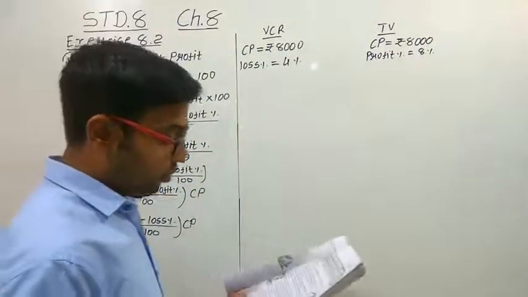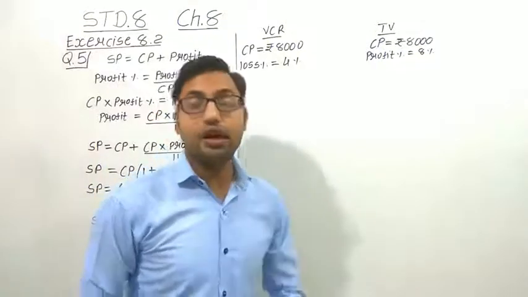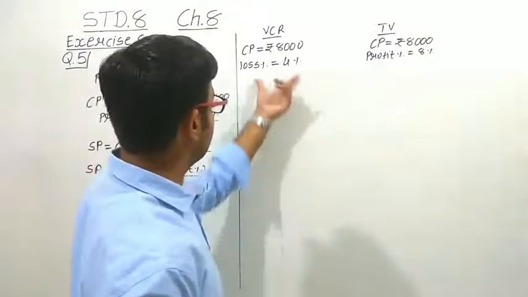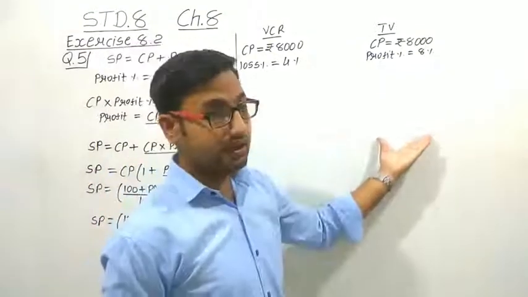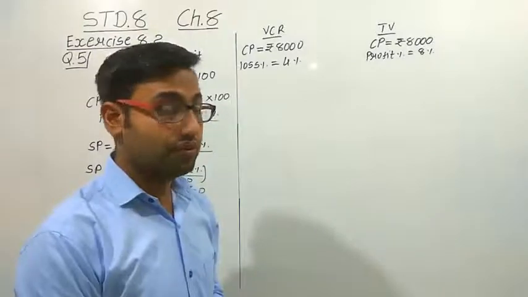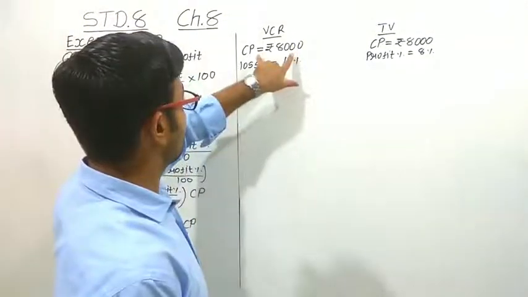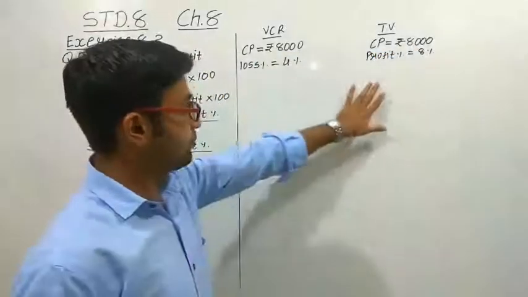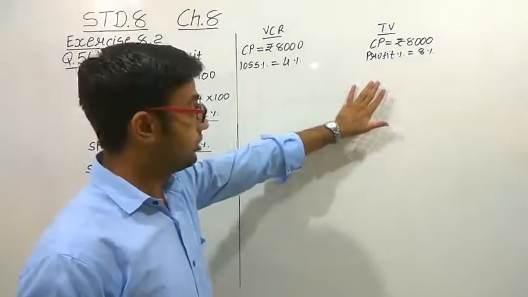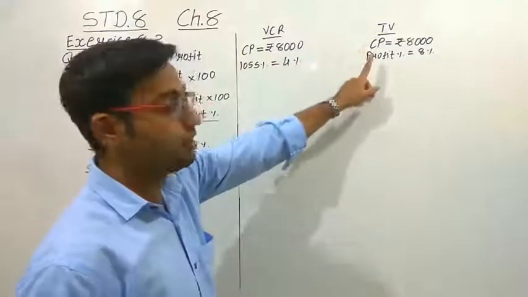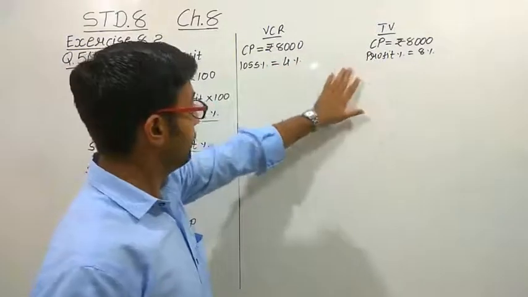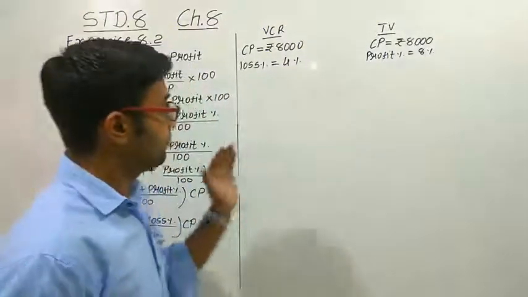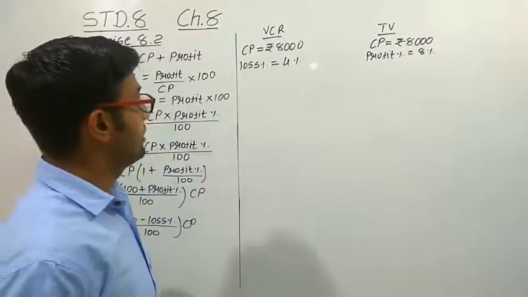So find the gain or loss percentage on the whole transaction. Whole transaction means we do not have to particular find out that he make a loss here or a profit here. Totally what will happen, that we have to find out. So we can consider the total cost price as this cost price plus this cost price. So the total cost price will be the cost price of both. Now we have to find out the selling price of VCR, selling price of TV, right? So let us find out the selling price of both this VCR and TV.